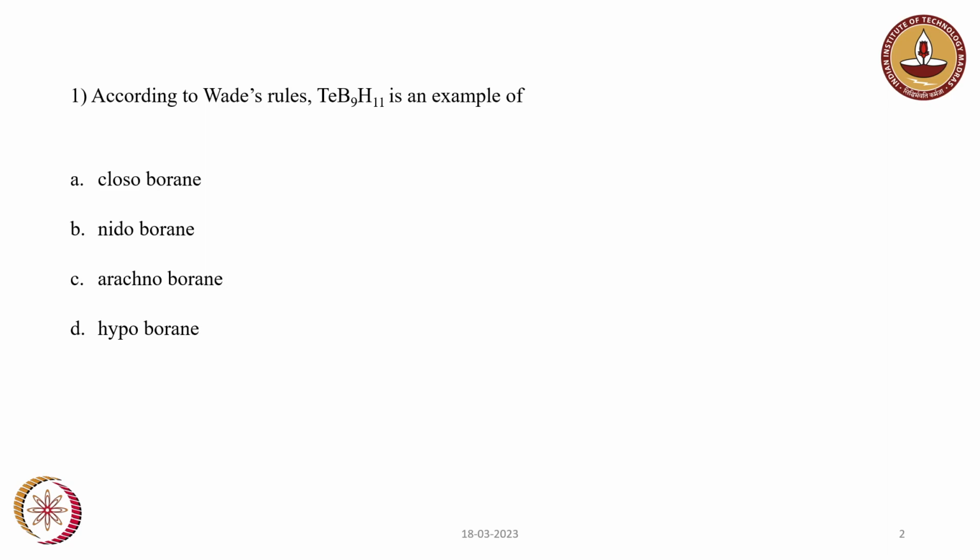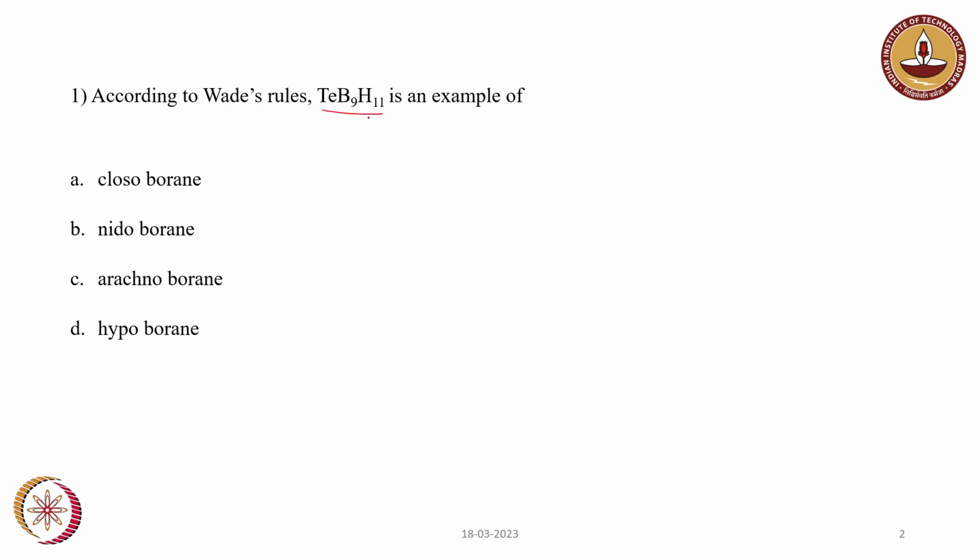First, we will have to determine the total number of valence electrons. 3 electrons will be provided by each boron and 1 electron provided by each hydrogen. Then we will have to subtract 2 electrons for each BH unit, and the remaining number of electrons is divided by 2, which will give the skeletal electron pair, which determines the type of cluster. Here we are asked to find the cluster type of